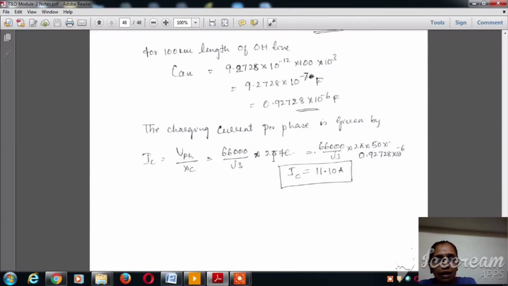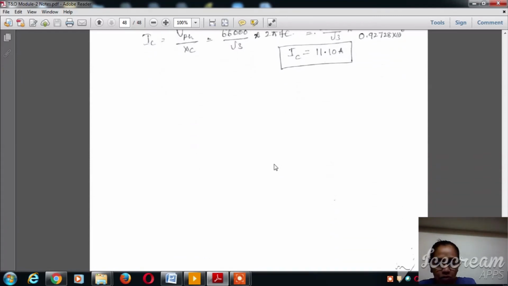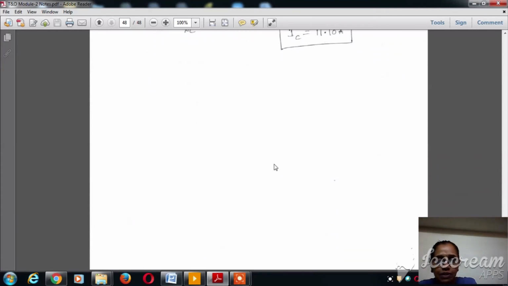So like this I have solved many of the problems which are going to be very handy, which have appeared in university examinations. If you complete this problem solving, then you will be able to solve any of the exercise problems. So with this I conclude the session, and if there are any questions, you can always raise the queries on this. And if you practice the problems, it will be very easy to score marks in the university examination.